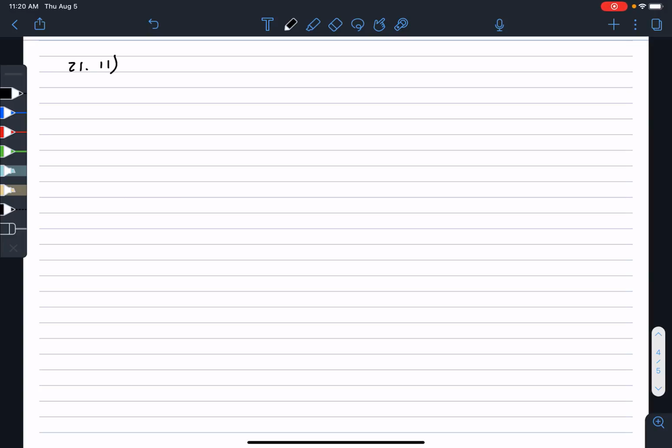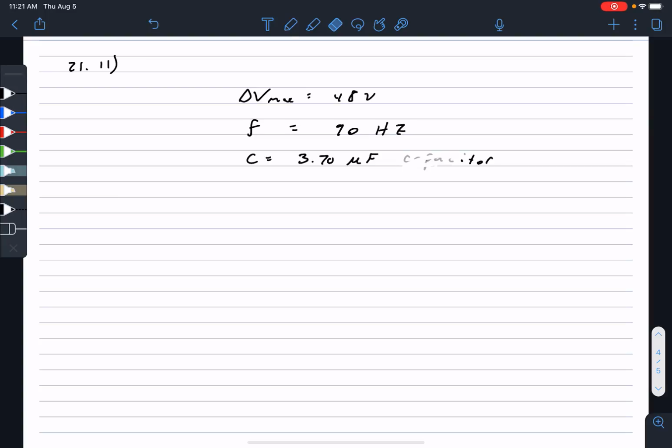Okay, we're asked what maximum current is delivered by an AC source with maximum potential difference of 48 volts and frequency of 90 hertz when connected across a 3.7 microfarad capacitor. Okay, so how to do this? Well, first,